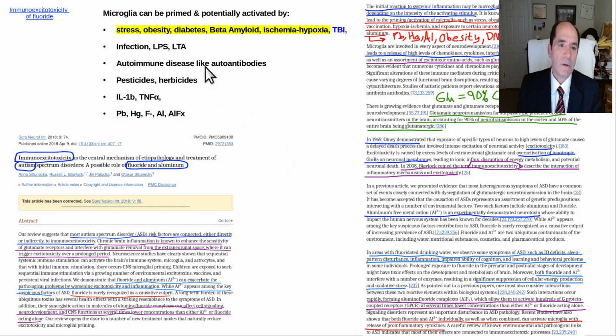Okay, this is an important slide. Immunotoxicity of fluoride and of Al, and just the theory of immunotoxicity. And here's all the things that can activate the microglia, can prime them and potentially activate them. Stress, obesity, diabetes. So it's really bad to be fat and diabetic. Okay, stress, beta amyloid, ischemia, meaning lack of oxygen, traumatic brain injury, infection, like with bacterial endotoxins, LPS, LTA coming through the leaky gut, autoimmune diseases, like where there's autoantibodies,